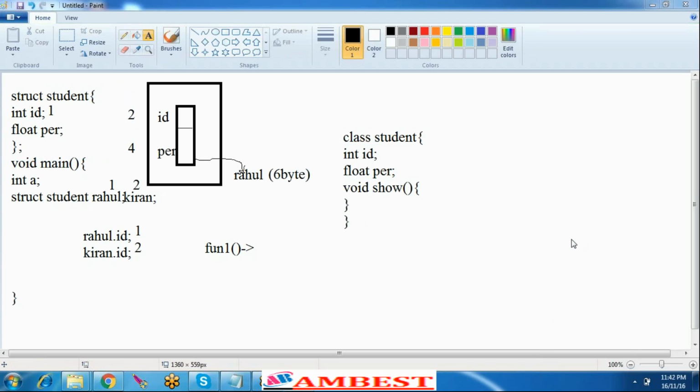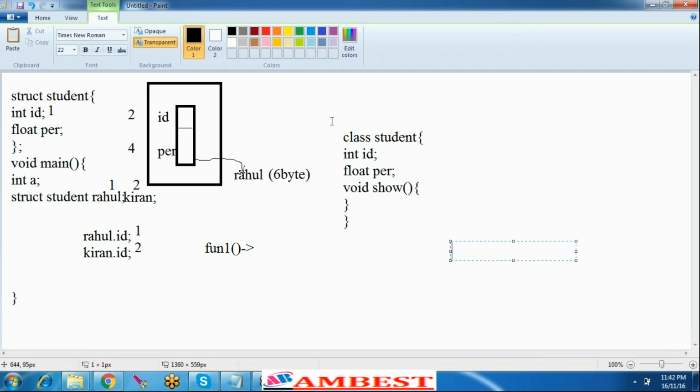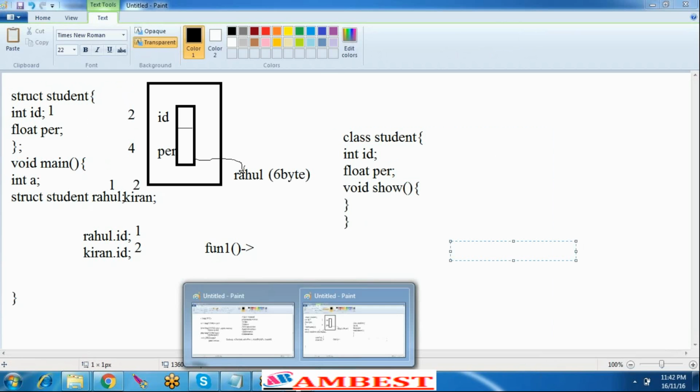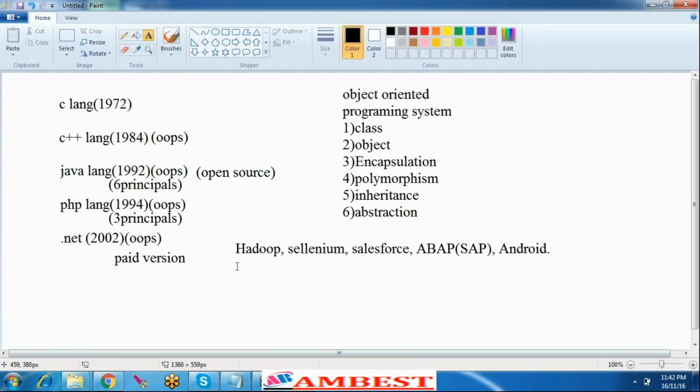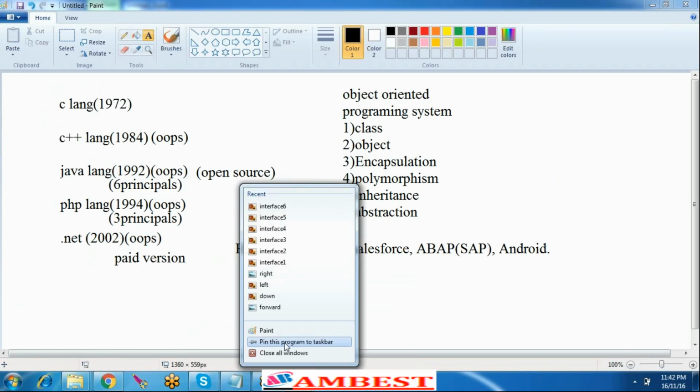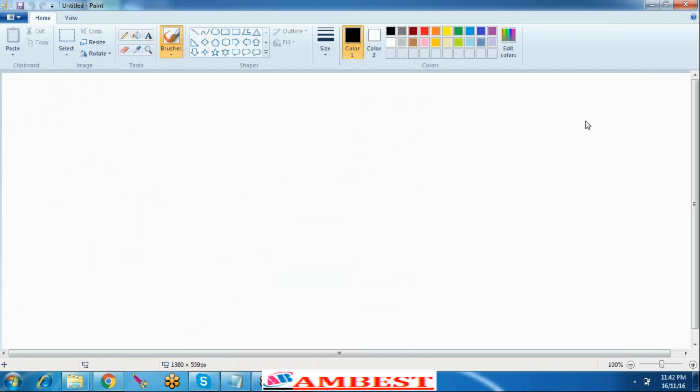We should know what the OOPS concept is, because C++ follows OOPS, Java follows OOPS, and a lot of languages follow OOPS. OOPS is nothing but object